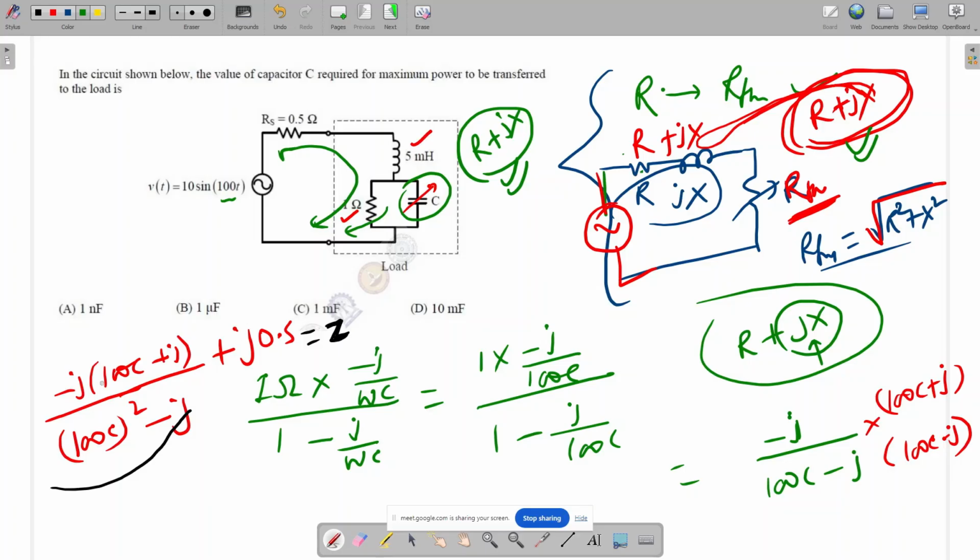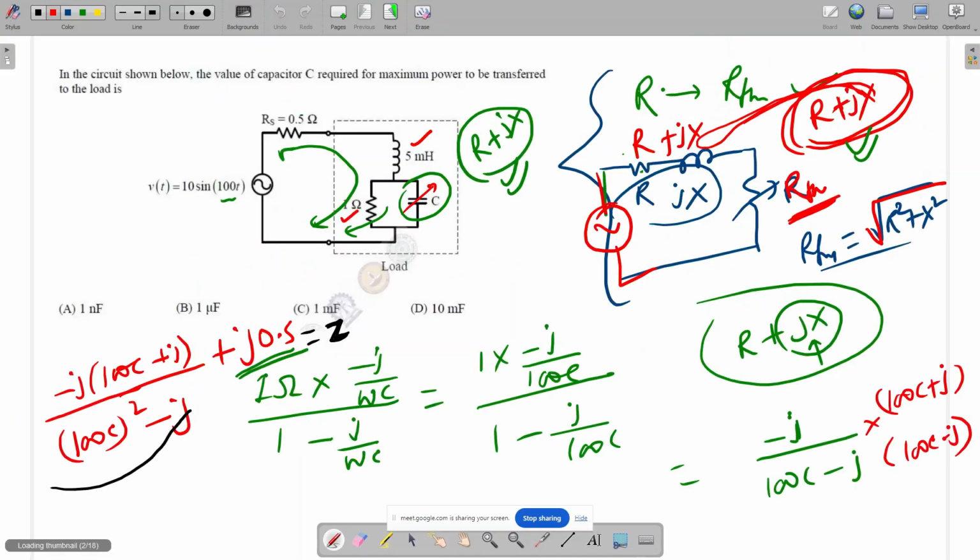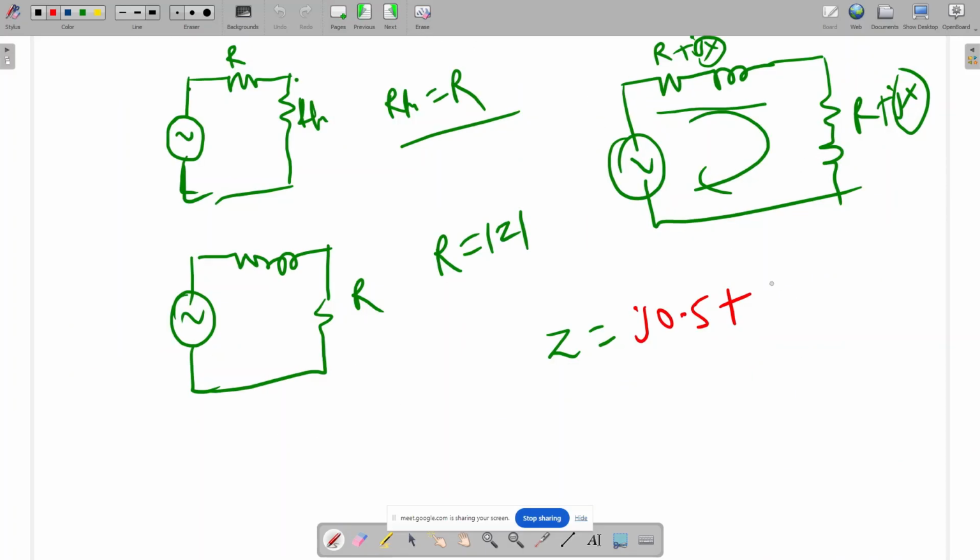Sir, in Z, have you added inductance? Where? See here, j 0.5. So the total Z I'm going to write. Z will be j 0.5 plus this part: (minus j into 100C plus j) divided by